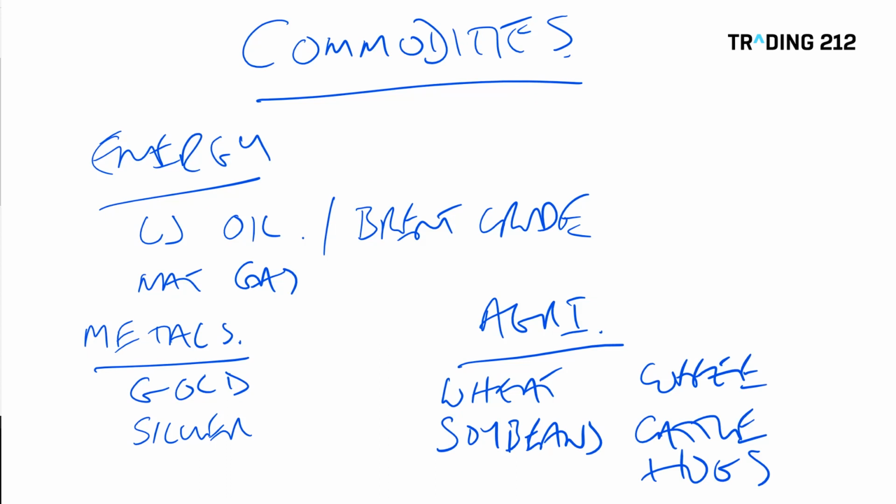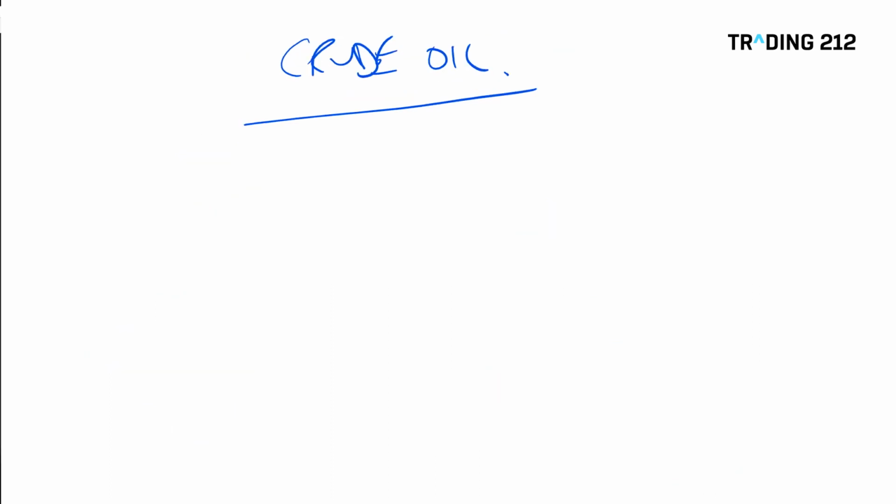Okay, so the whole commodity section covers a real wide spread of markets. But let's take a look at just three. Let's pick one from each section and look at it in a bit more detail. Let's take a look at oil, probably the most popular of the commodities for retail traders. It's something that most of us will interact with on a regular basis, because clearly where oil is trading affects the price we pay when we fill our car up with petrol. So that has an impact, and it can be a pretty volatile market.